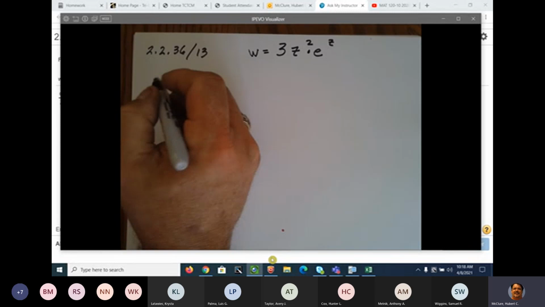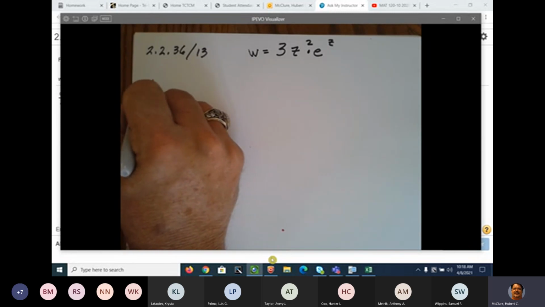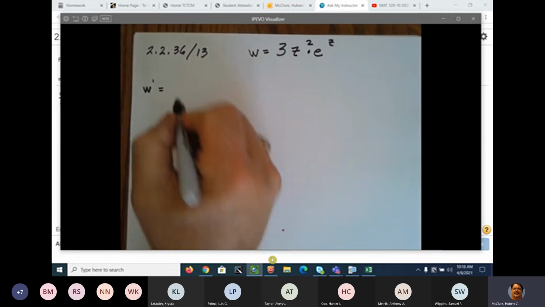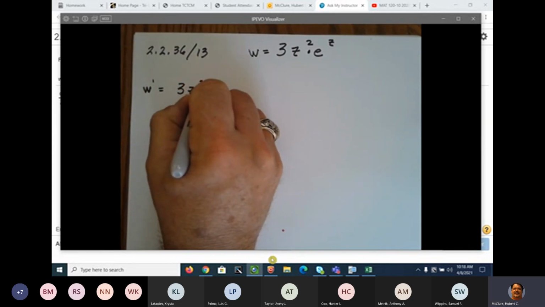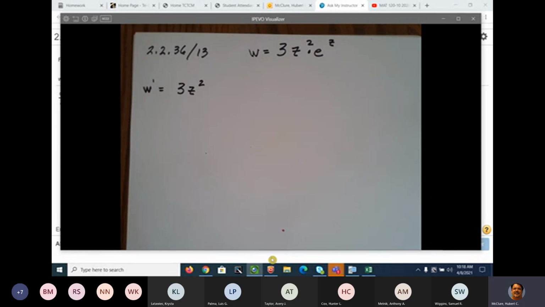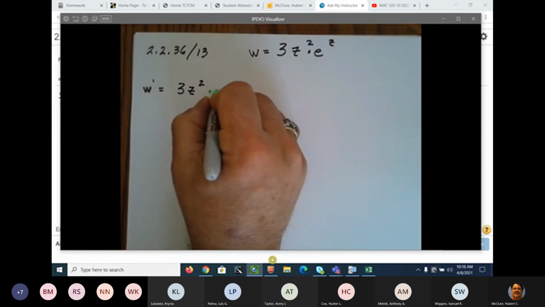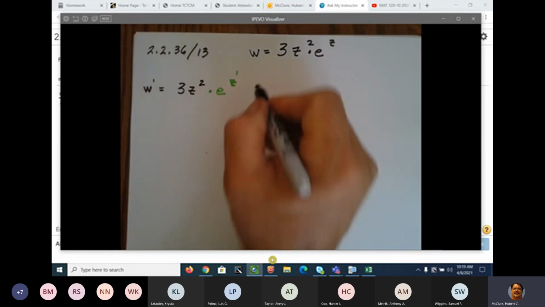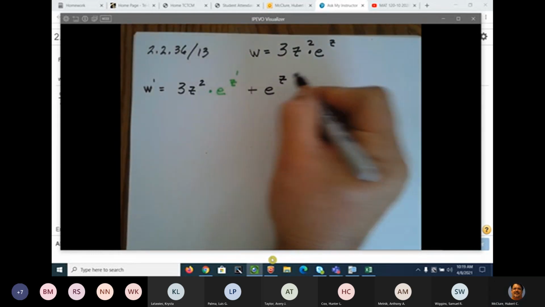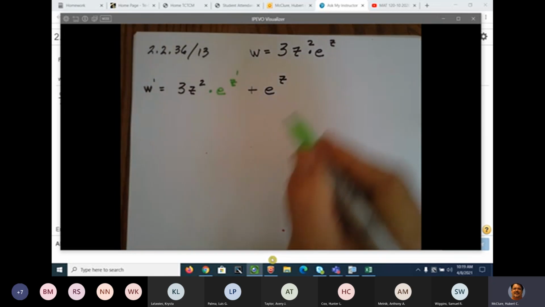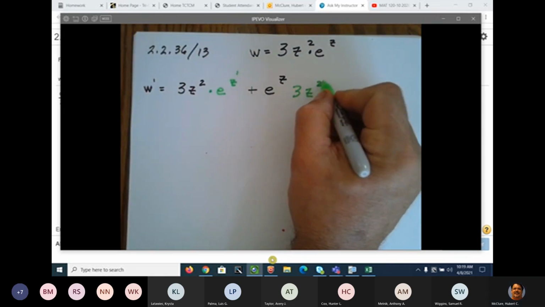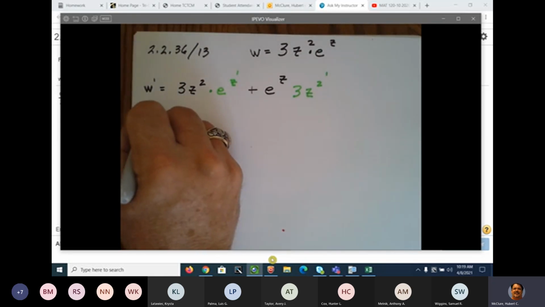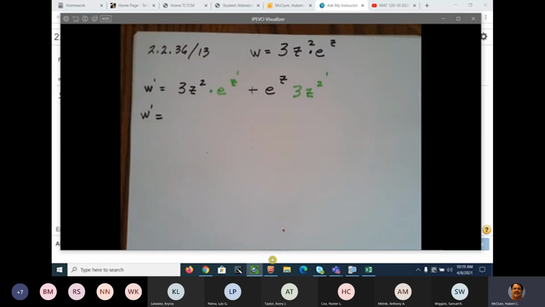And my first derivative, W prime, is going to be equal to the first times the derivative of the second plus the second times the derivative of the first. And that's going to be W prime is equal to